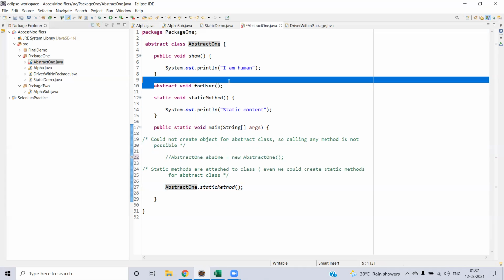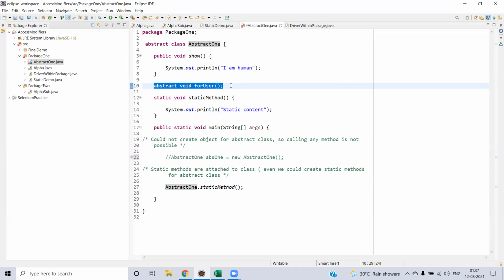But you might be wondering, so then why do we need the abstract method? The implementation will be done by the child class, which will be extending the abstract class. But it will be covered in detail in the inheritance class. However, for now we are looking only at the abstract keyword. We are seeing the combination of the abstract method and the abstract class. So that will be done here.